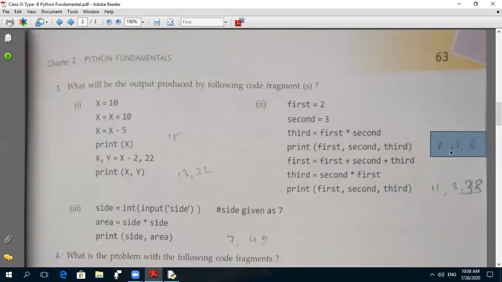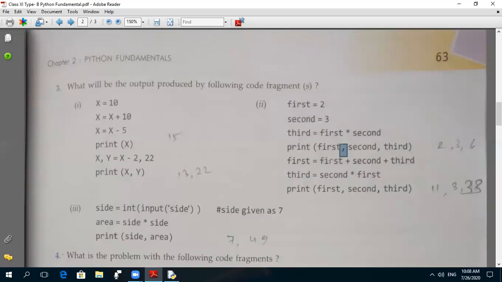I have written the comma here, but in the output the comma will not come. Comma is a separator: first is separated from second, and second from third, through this comma. Clear? But in the output, it will display only 2, 3 and 6.